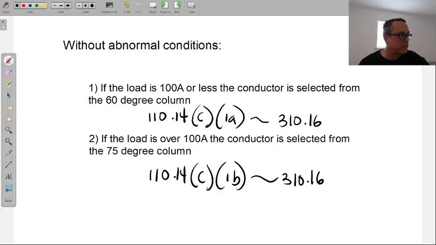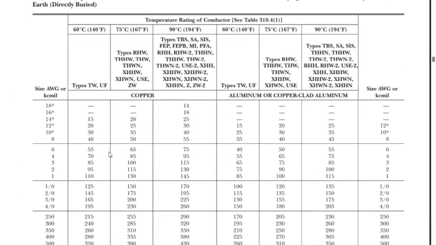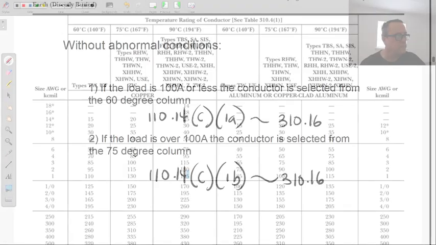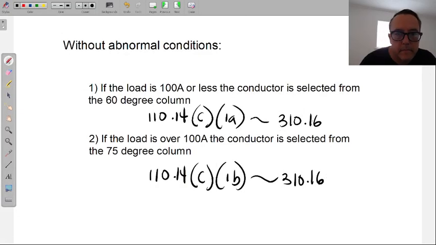So as you can see from the column, it just gets better in the ability for the wire to hold amperage. If we're looking at that number 1 in the 60 degree column, it only holds 110 amps. If we're looking at that same wire in the 90 degree column, it jumps to 145. Higher temperature rating on the conductor gives it an ability to hold more amperage. Just a better wire.